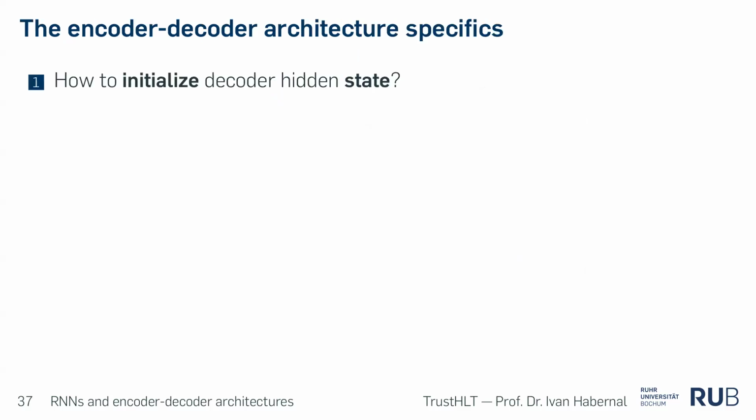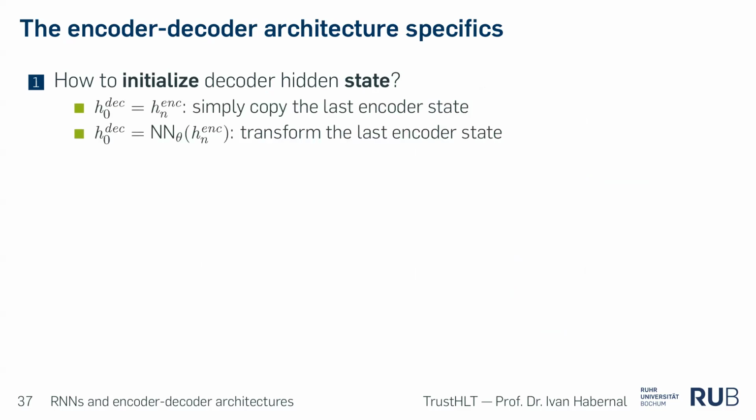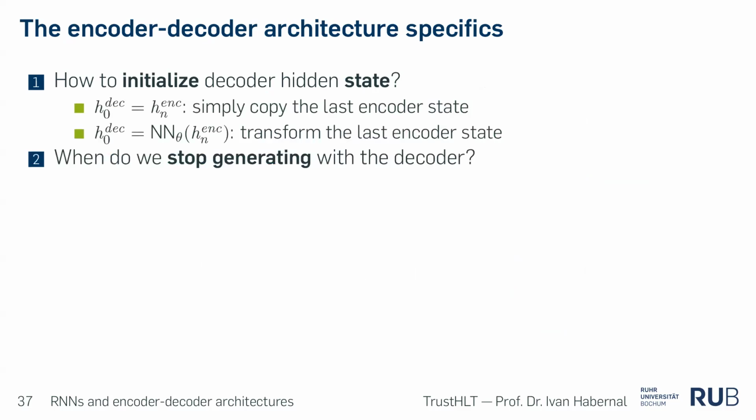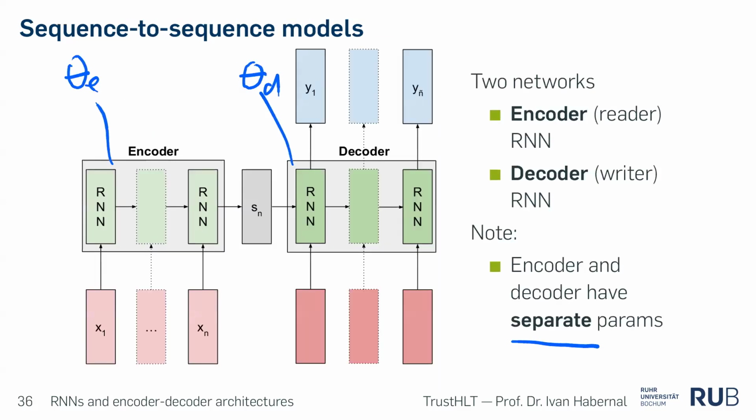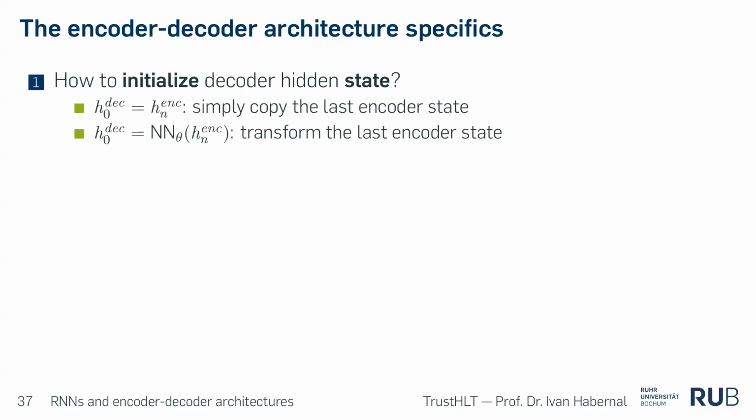So how do we initialize the decoder state? We simply take the last encoder state or memory and put it into the neural network. So this will be the decoder state. Here we take the last output of the encoder and put it into the decoder state. The decoder can really have a slightly different architecture, but typically we have the same architecture for encoder and decoder.